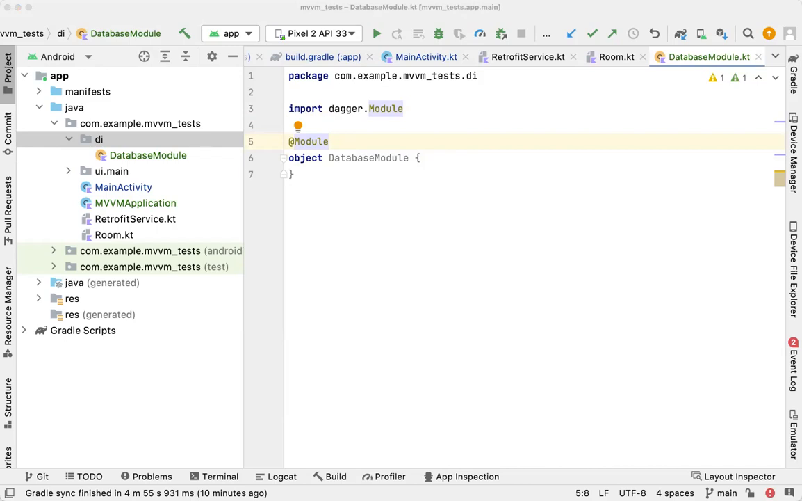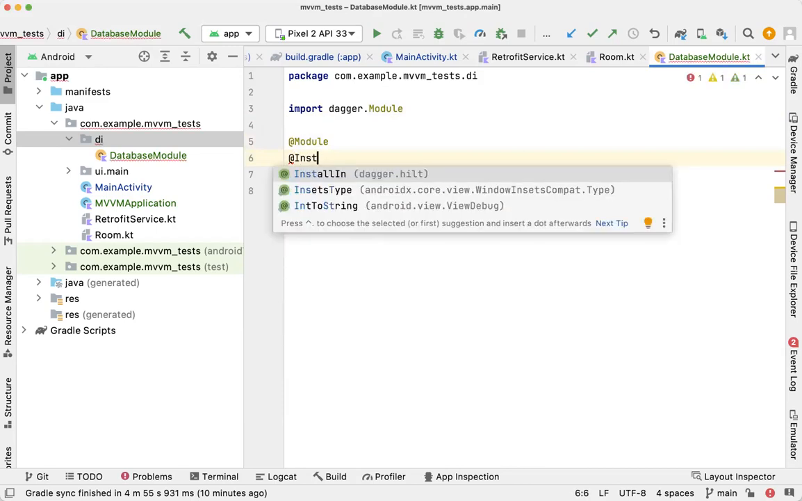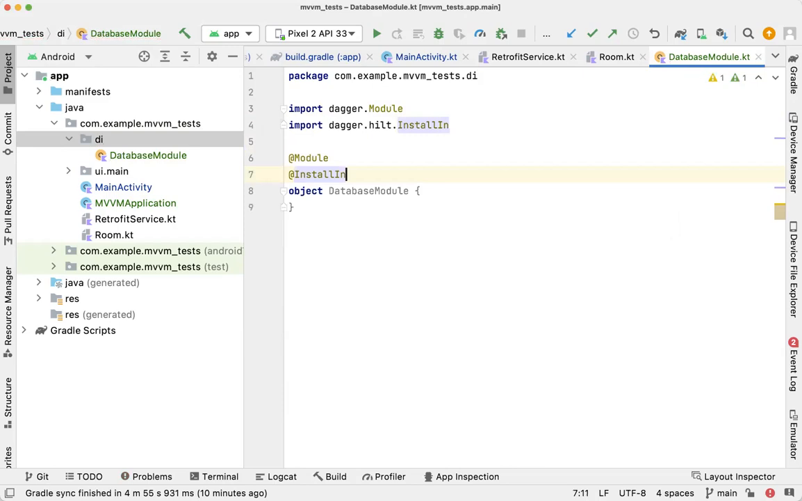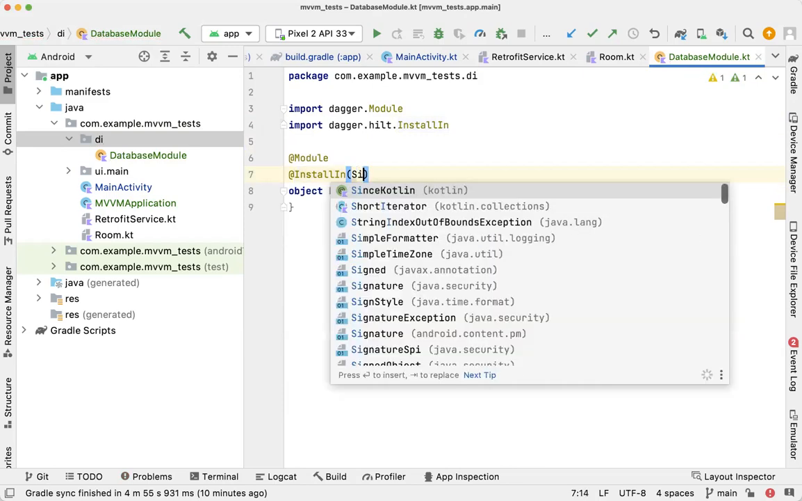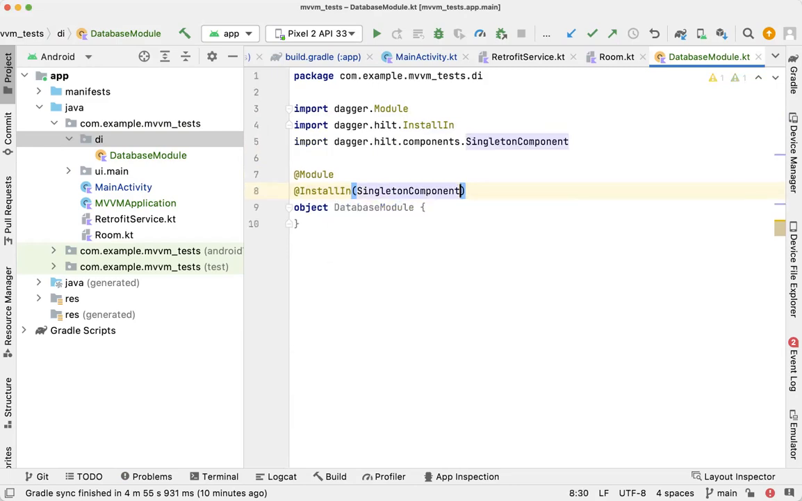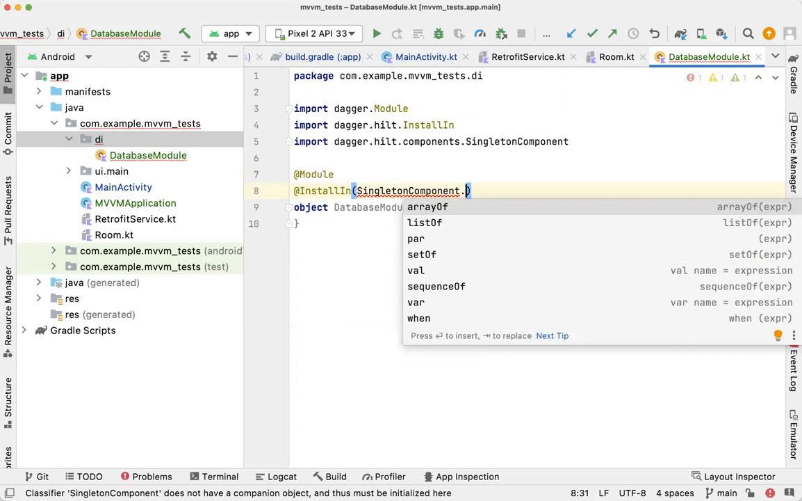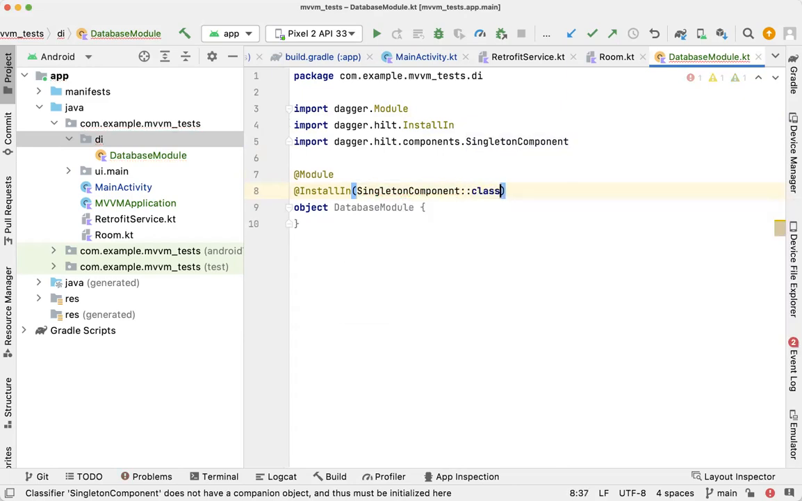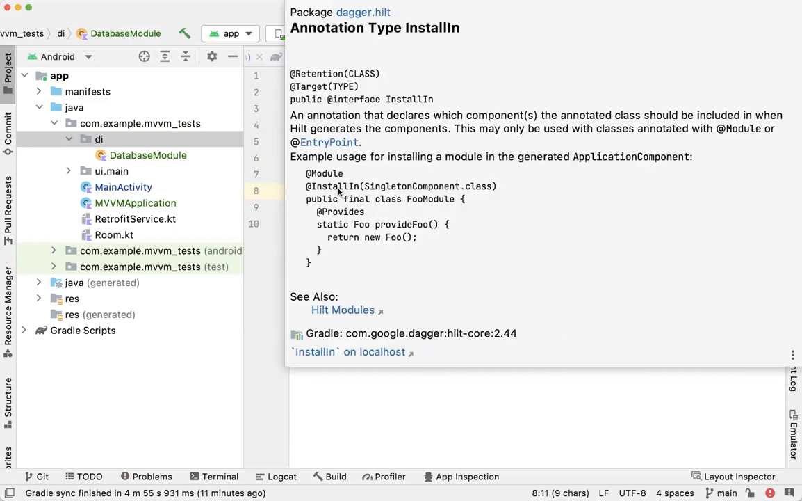And the next thing is we have to say where to install it in. Okay, we have an annotation called install in. And we have to say singleton component, yeah, this one, singleton component class. Okay, so in this annotation, what we are trying to achieve is that it's saying